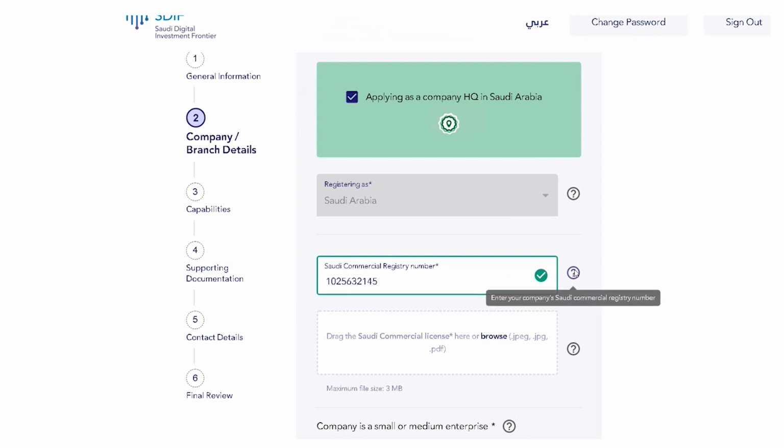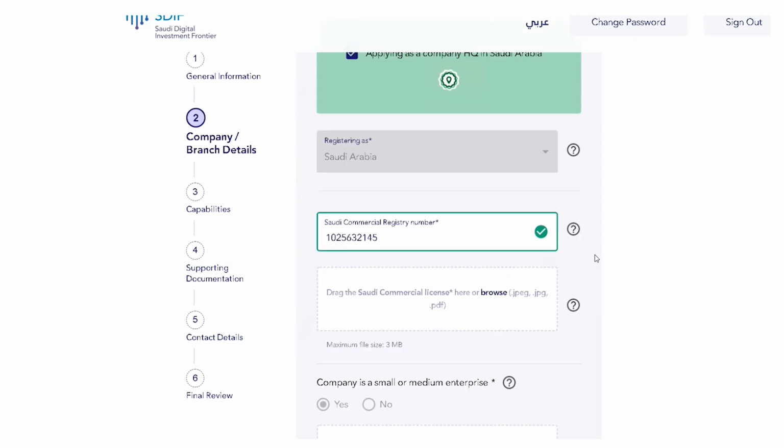Yes. So as I said, if you are a Saudi company, you are applying for the Saudi branch, etc., we will ask you to enter your Saudi commercial register, which is very important. And in a bit, I will be explaining why the Saudi commercial number is important, because basically when you move forward, when you finish your registration and you